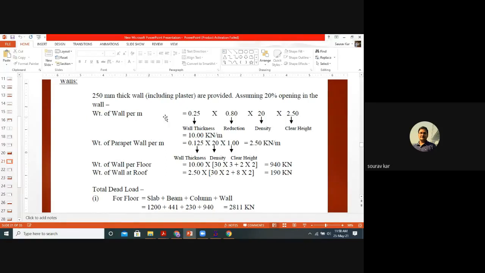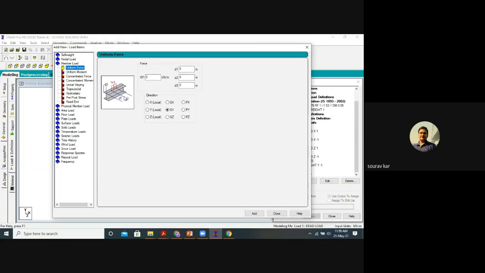See here, for walls apart from the floor, we will select 10 kilonewton. Since I am creating the bucket list, I am just putting minus 10 kilonewton per meter. Uniform force going under member load, uniform force, and W minus 10. Add.